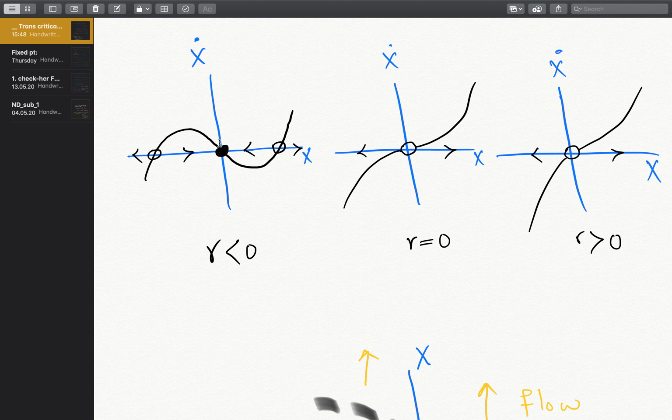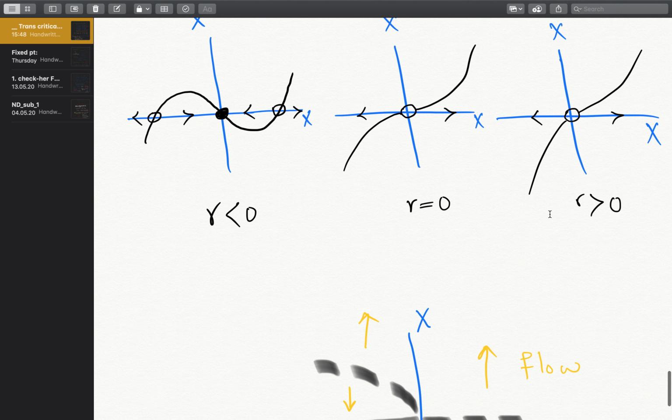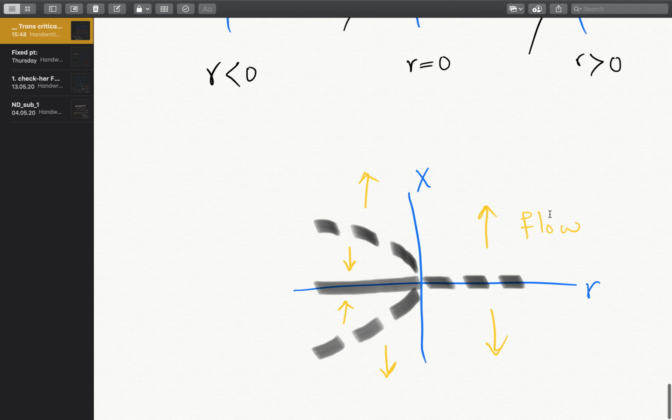So you have unstable, stable, and unstable, and by increasing r, the three fixed points are going to become just one unstable fixed point, and these two just differ in the slope of touching the origin, but basically they are kind of the same. So again, if you draw the bifurcation diagram,